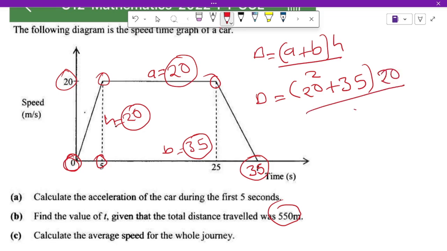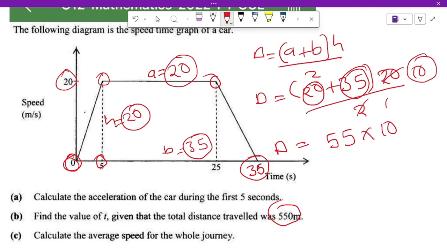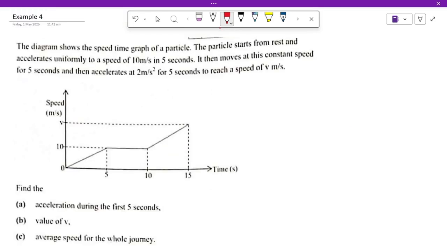Then everything over 2. Distance will be equal to 1/2 into 20, that's 10. Okay, 20 plus 35 here will give us 5 times the 10 which is outside, this one here. Okay, meaning the distance will be 550 meters, just as we are given in the question. Okay, so meaning we are correct. We now go to the